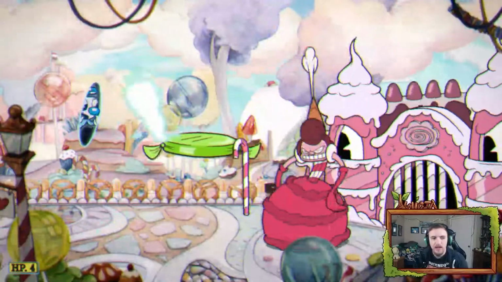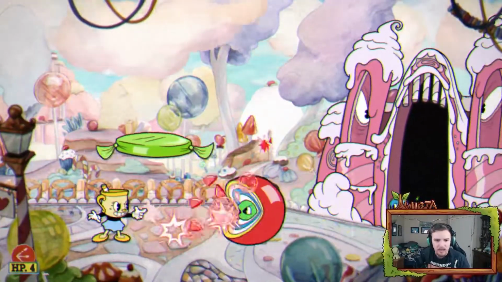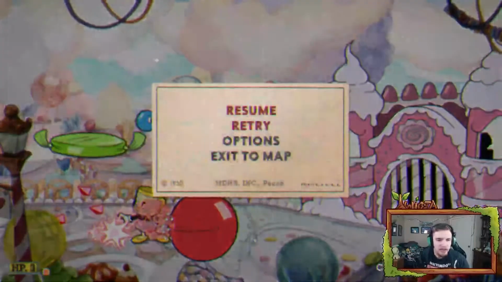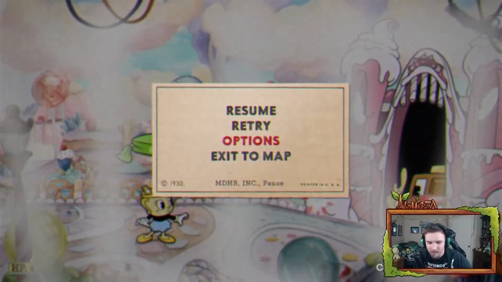All right, next we have Baroness von Bonbon. For her, she's going to spawn 3 NPCs. It's going to be different every time. But for the Gobstopper, I like to just... Okay. All right, here for the Gobstopper...